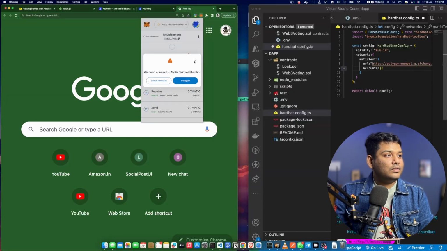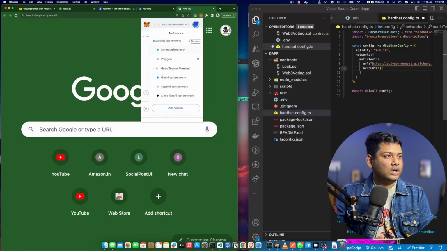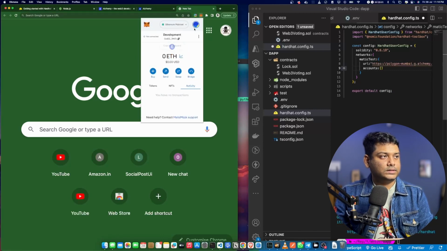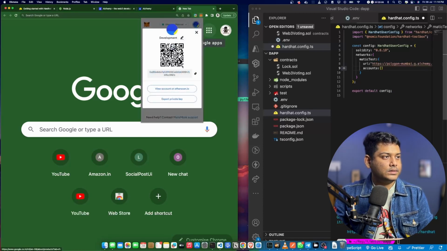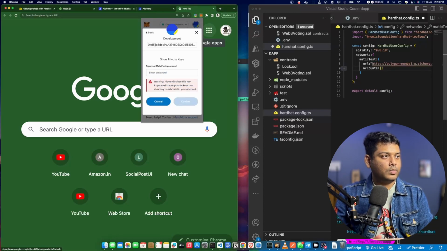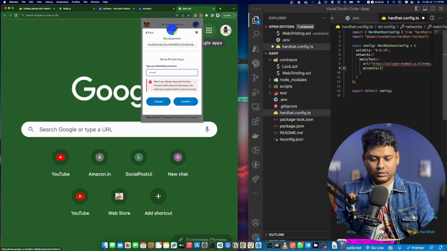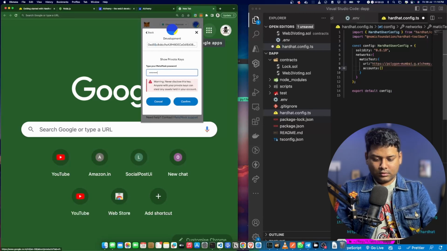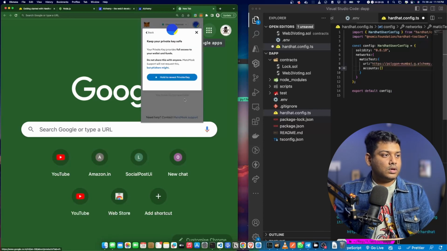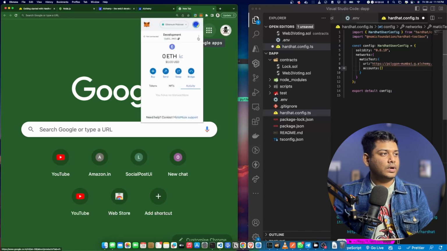So what you will need, you can switch the network or not, it doesn't matter. What you will need is to select your account first. Once you have the account, go here, account details, and here export private key. Once you click export private key, you have to type the password here. I will not be showing that here. Let me confirm. Okay, once it reveals your private key,